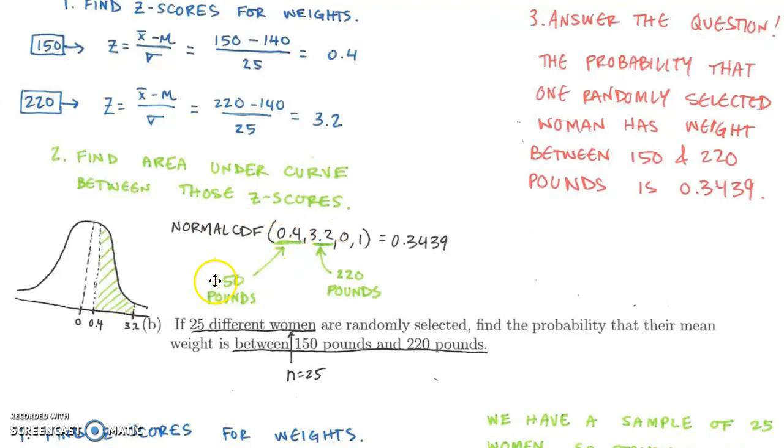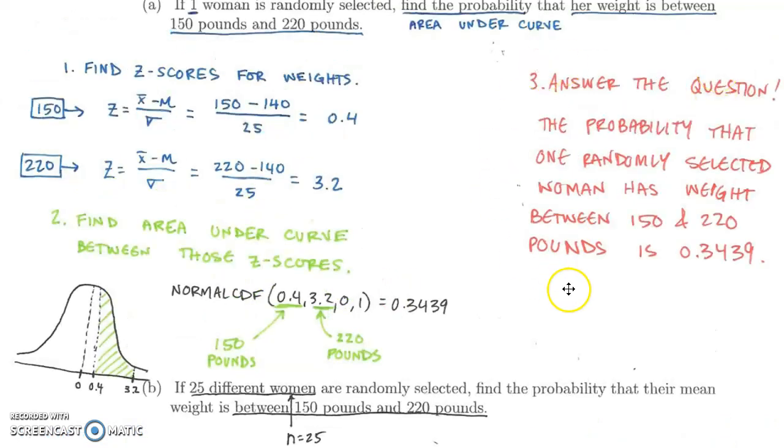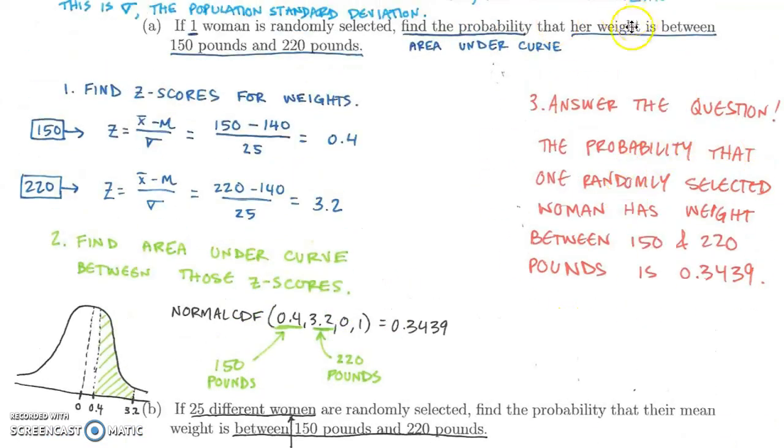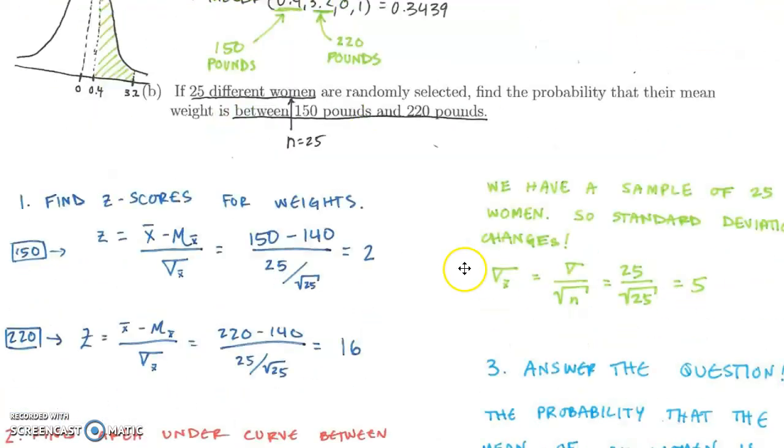The normal CDF gives me 0.4 down here. That corresponds to 150 pounds. This corresponds to 220 pounds. So again, just like the previous problem, we found the area between those two bounds, and 0 and 1 for reasons that I've explained before. The answer to the question, we're talking about the probability that her weight is between 150 and 220 pounds is 0.3439. 25 different women. Now we have a sample of 25 women, so that means we're going to change our